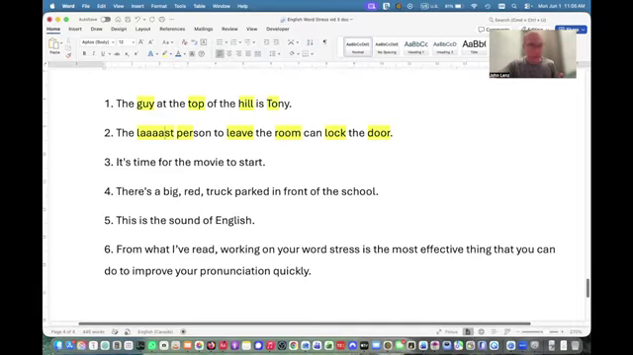Let's move on to number three. It's time for the movie to start. So nice and regular. Now, how about number four? There's some interesting stuff here in number four. Hopefully you notice that we have several stressed words in a row here. The one difference here is that I'd probably put a small pause here because this is the end of a